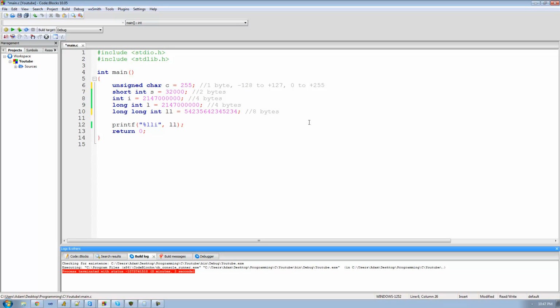Alright, and let's say that we wanted to make this short unsigned right here. All we have to do is write the unsigned keyword in front of it. And remember, the range shifts, so instead of its maximum being approximately 32,000, its maximum now is approximately 64,000. Same thing with this integer. If we were to change this integer to unsigned, again, all we need to do is type the unsigned keyword in front of it. So unsigned, and now its maximum value is approximately